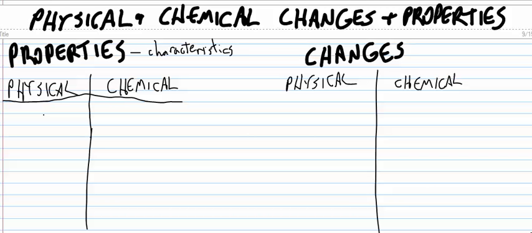Okay, here we go on physical and chemical changes in properties. What are properties? Properties are characteristics, attributes, things about something, facts about something. So a physical property and a chemical property are different, and here's how. A physical property is something that can be observed